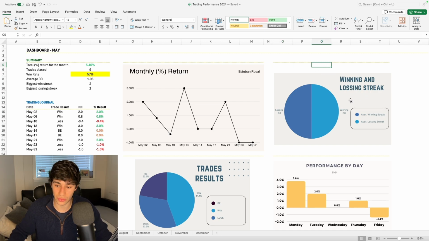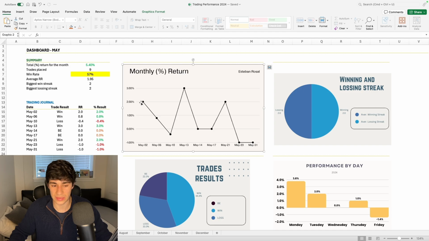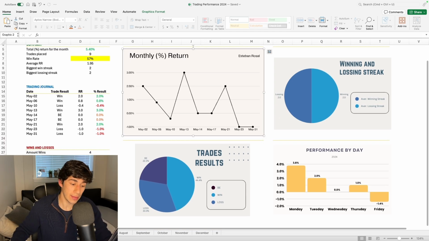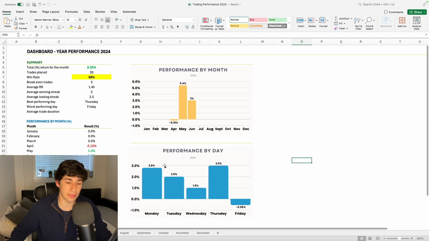This was my winning and losing streak, so we can see that it's basically half-half, and this was my monthly percentage return, where the biggest trade I made was a 3% profit, which was a 1-to-3 that we have here, on May 13th, which was great. So that's basically my data for April and for May, and I wanted to share with you guys my yearly